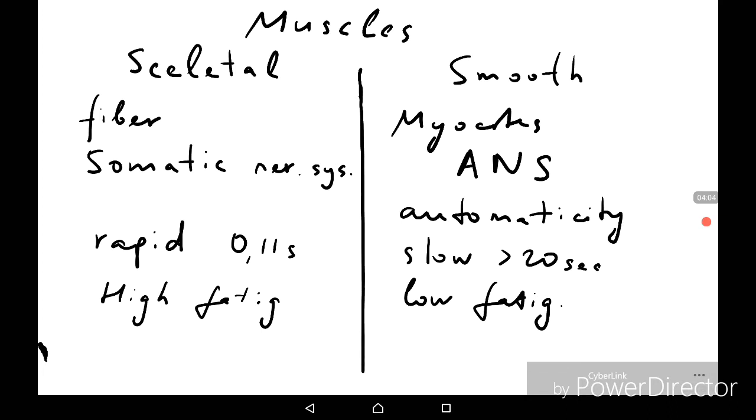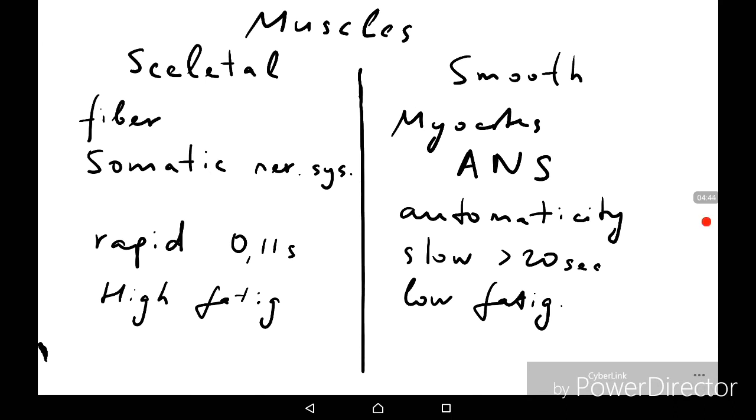Now we will speak mostly about the skeletal muscles, but we will take into consideration the peculiarity of the smooth muscles. For example, the source of calcium in the skeletal muscle is endoplasmic reticulum. In the smooth muscles, calcium is extracellular. There are peculiarities in the proteins which are responsible for the muscle contraction. In the smooth muscle, we have calmodulin, calcium binding protein. In the skeletal muscle, it's troponin.